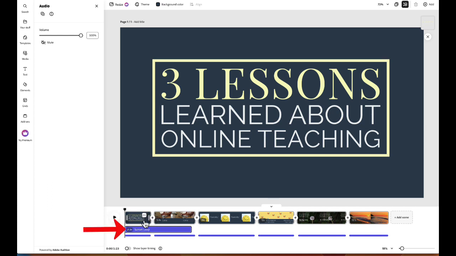You'll see that it's only a 21-second clip. It says right there at the start. So what that means is if I want to use this one, I'm going to have to duplicate it over and over again. And that's fine. But before I duplicate it, what I want to do is adjust the volume because I want the volume to be much lower than my voice. So let's see how it plays right now.